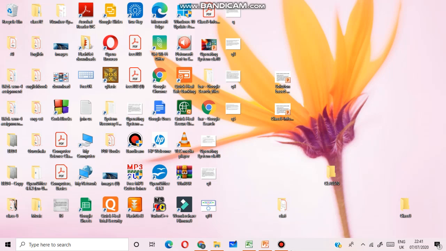Today I will teach you managing files and folders. How will you manage files and folders? Before watching these steps, first you should know what a file is.